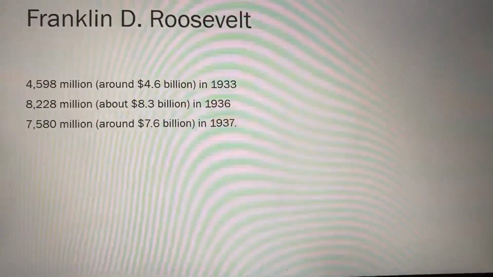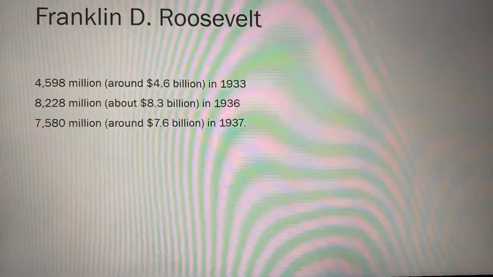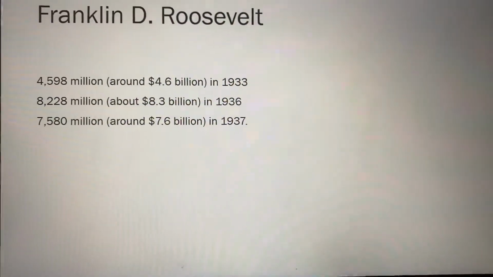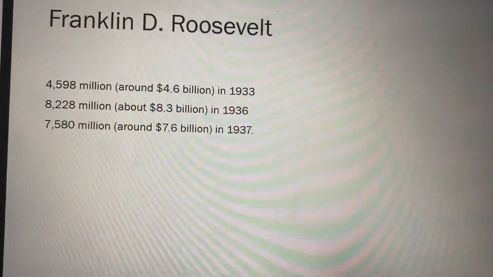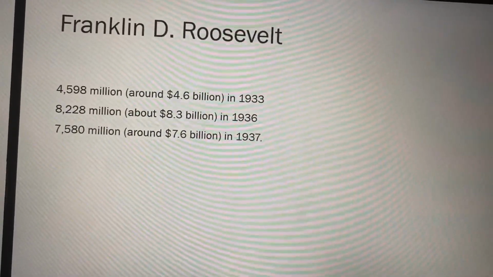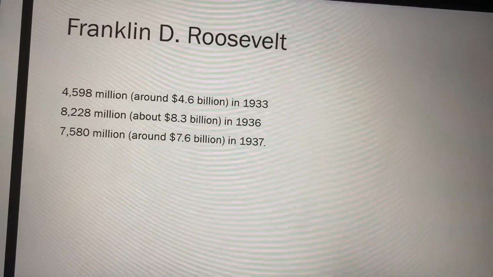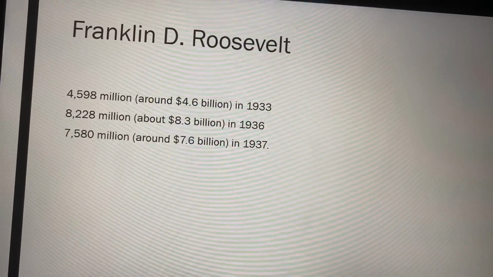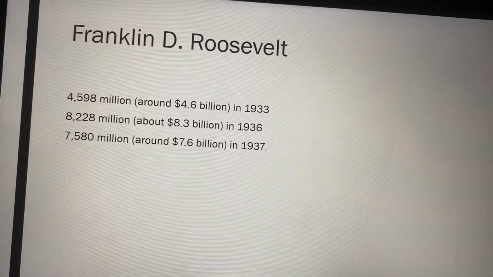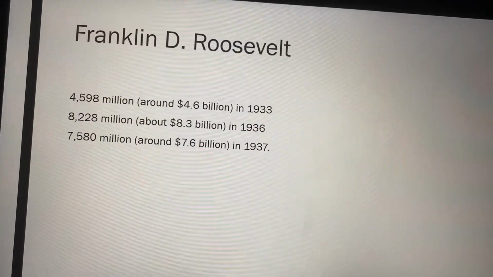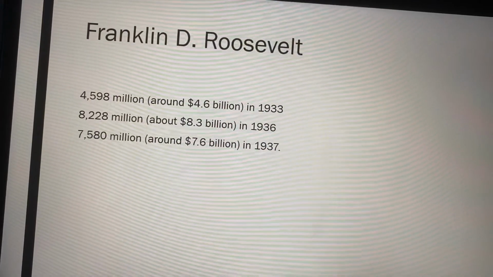And the next president is Franklin D. Roosevelt. As we can see in the picture, there is also a budget deficit for Roosevelt. You can see that government spending rose under Roosevelt from 4,598 million in 1933, the year he took office, to 8.3 billion in 1936, before temporarily falling slightly to